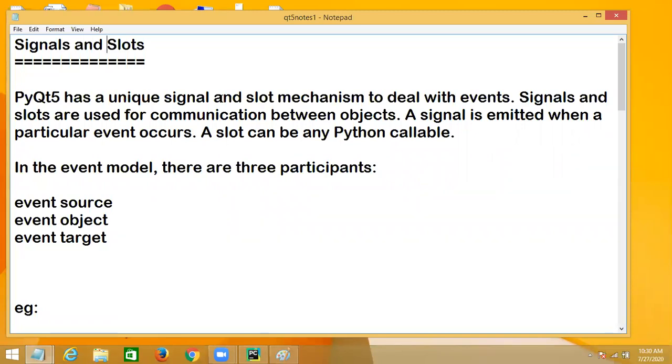Signals and slots is a mechanism which is used to handle events. PyQt has a unique signal and slot mechanism to deal with events.